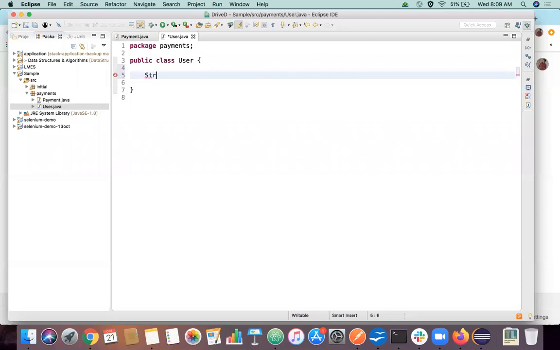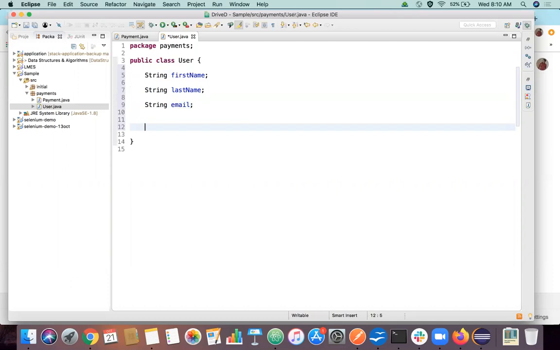All are of type string. So again, I'm going to create a default constructor here.